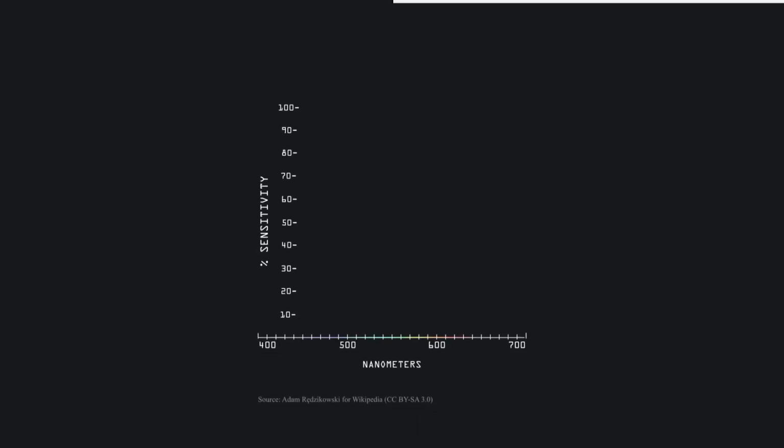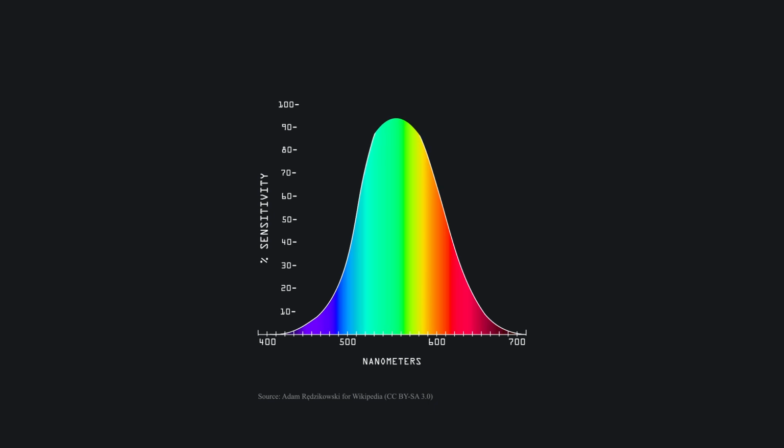Now the corollary of this is that there is no reason to expect that vision could treat all colors in the visible spectrum in the same way. And it doesn't. Here is a plot of our understanding of what the perception of color brightness is for the typical human. As you can see, green is the brightest color for us, and, not coincidentally, more or less at the same wavelength at which the sun emits the most intense radiation, with yellow being a close second, red a distant third, and blue being so far down that even the brightest pure blue might be considered a dark color.